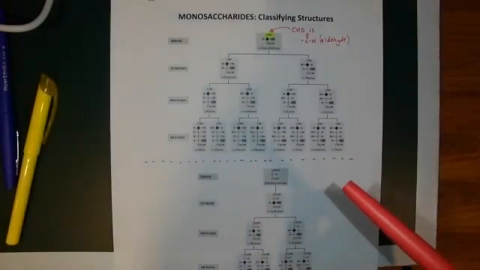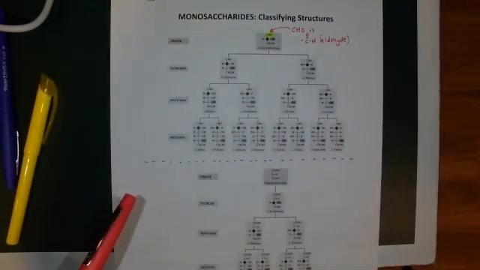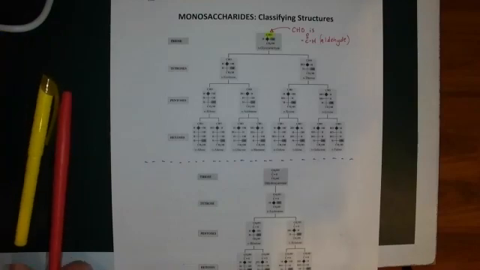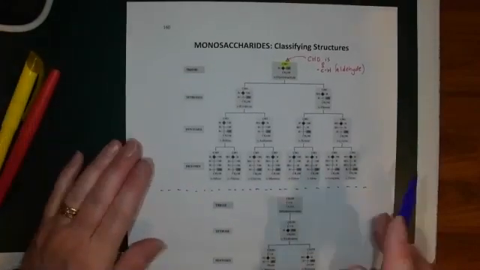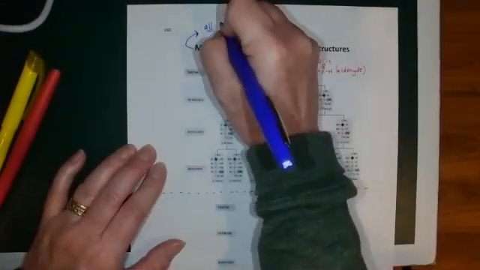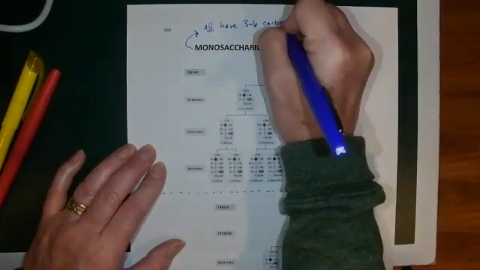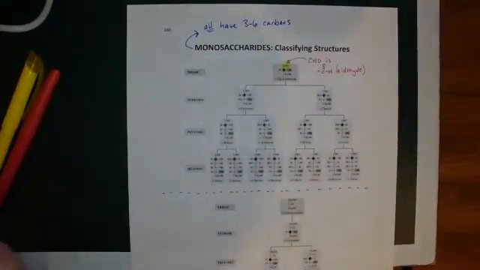What else do you notice? Why don't you pause your video for a moment and look at the structures. What other functional groups do you notice? Thank you for doing that, because now I can summarize what you just did. You will notice that all the monosaccharides all have between 3 and 6 carbons. The small ones have just 3 carbons, the larger ones have 6.